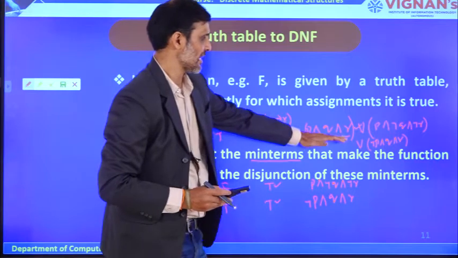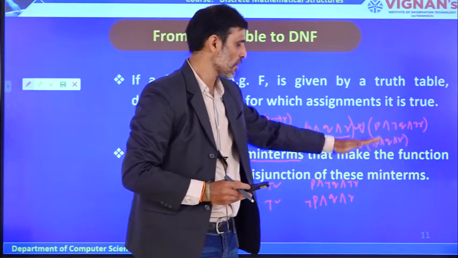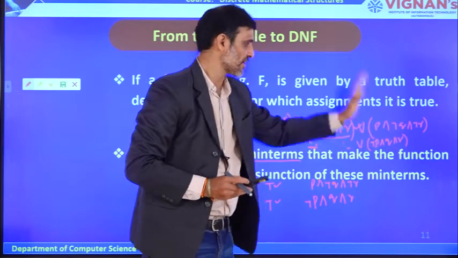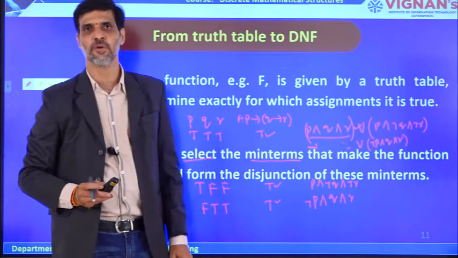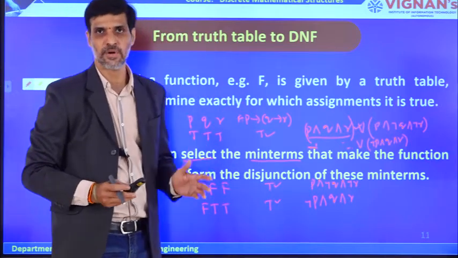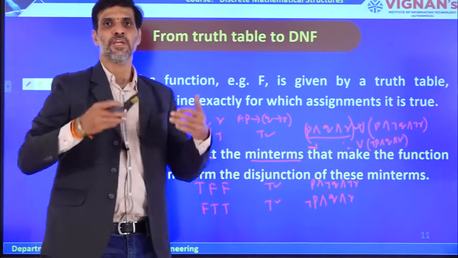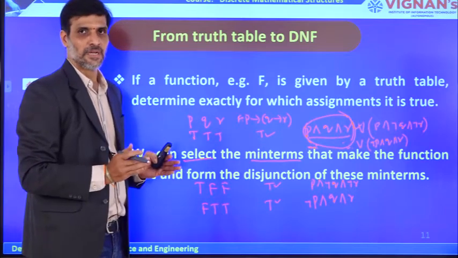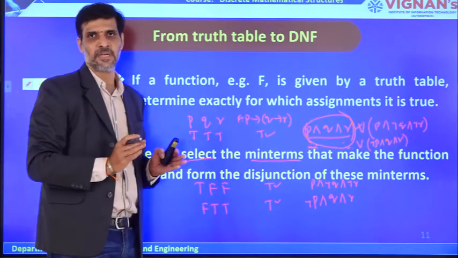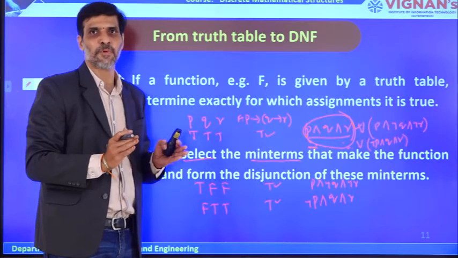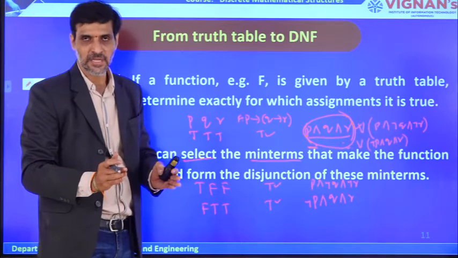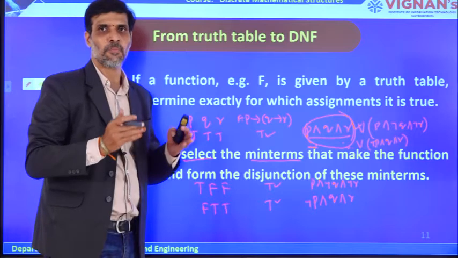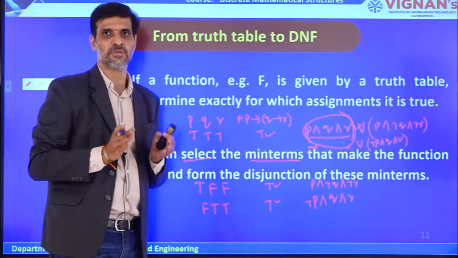As per the definition of disjunctive normal form we just discussed, it is a disjunction of conjunction of literals. Therefore, it is in disjunctive normal form. So, this is how we can convert the given compound proposition into disjunctive normal form. It is a very simple method, but the only problem with this method is that if the number of propositional variables increases, the construction of the truth table is a complex process. That is the only limitation to this method.